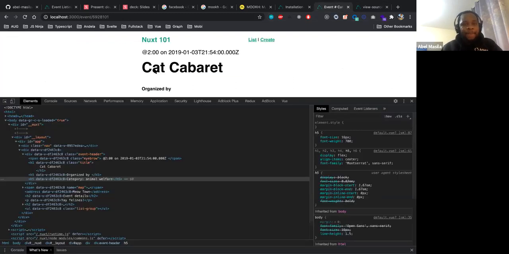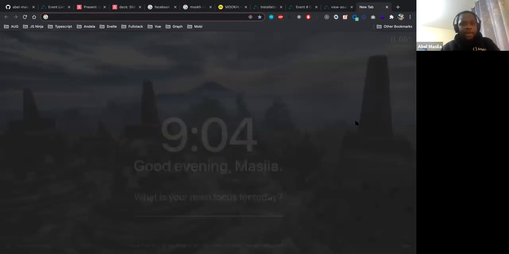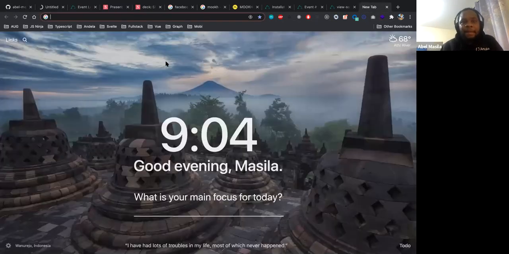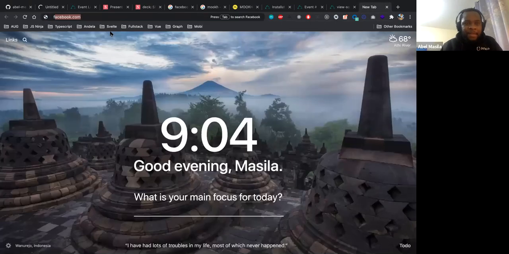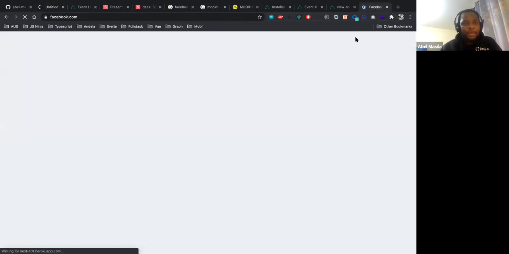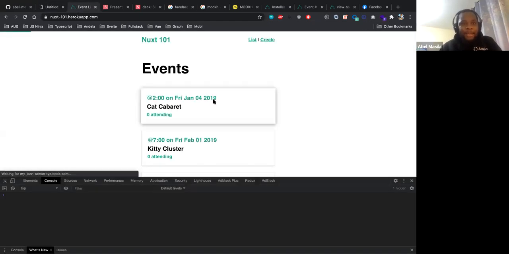If I try to share this page on Facebook, let's see. I've already deployed this application somewhere. So let me open the deployed one and try to share my specific event page on Facebook. Don't worry about my Facebook, it is not active. I don't post a lot on Facebook. As you can see, this is Heroku. My application has been idle for some time, but then I can still use it. Let me open. So this is a page.